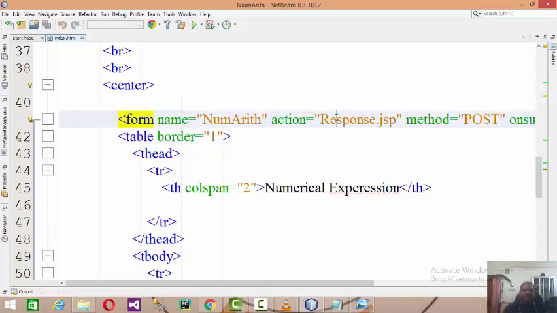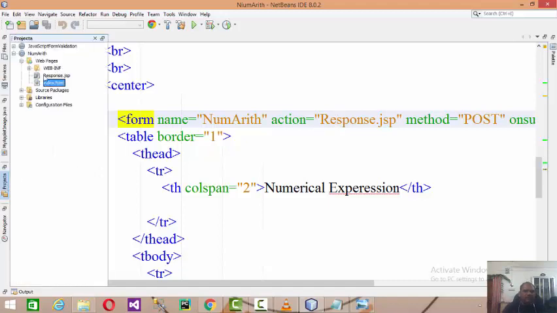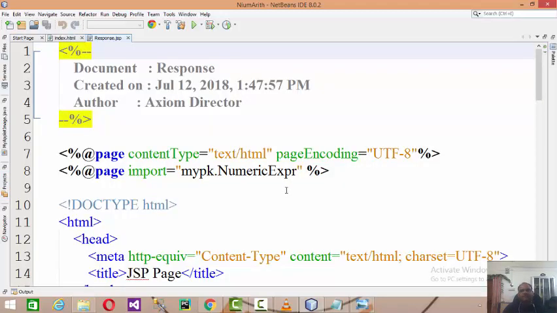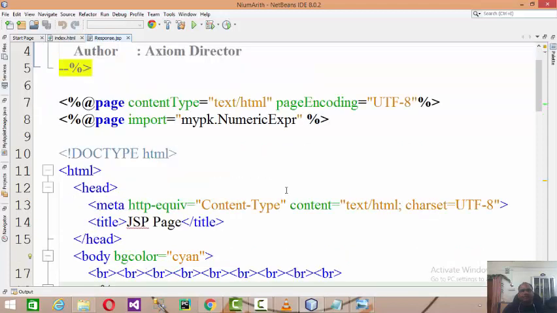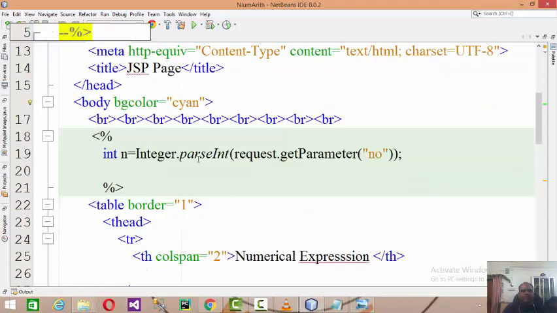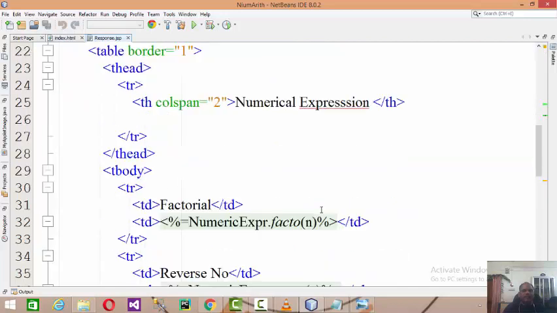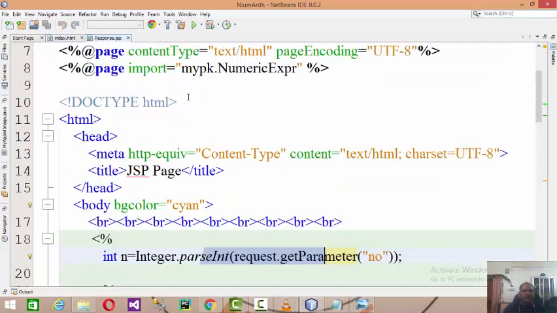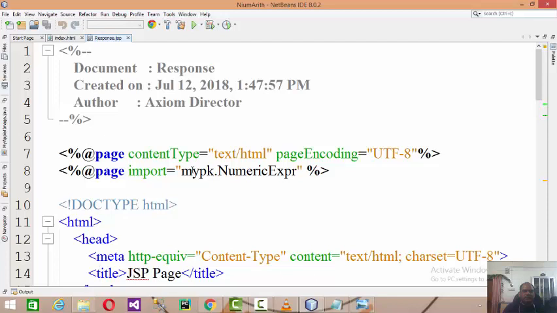So response.jsp will read the number you are going to post, and in the response page we read the number, and to perform the numerical expressions I developed a package called mypk, and in that the numerical expressions are there.